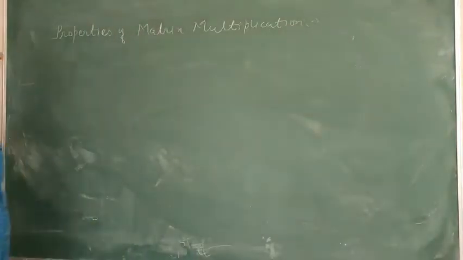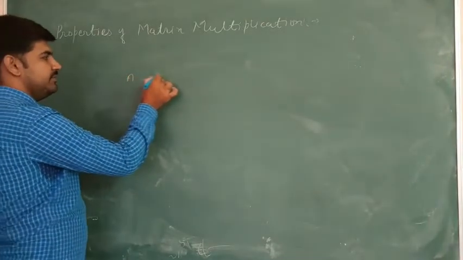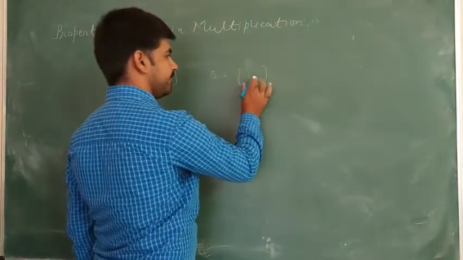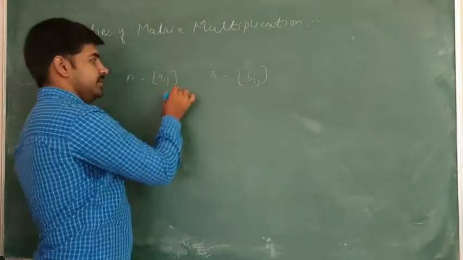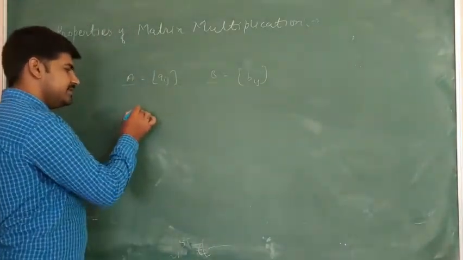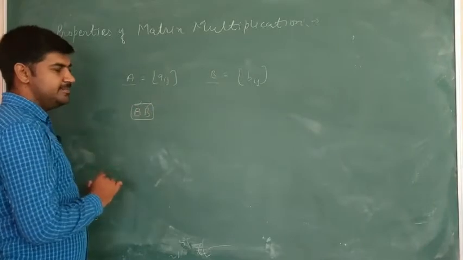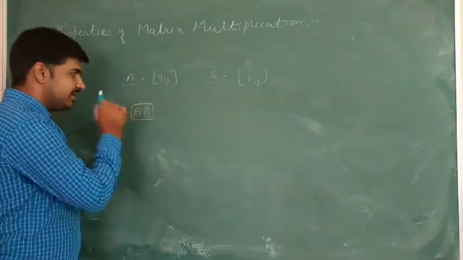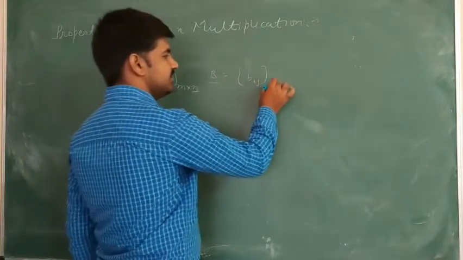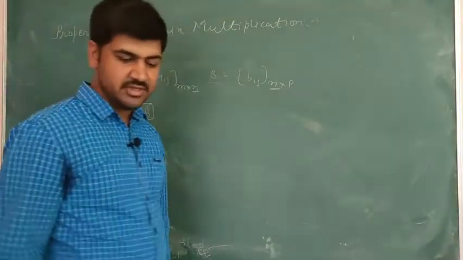Dear students, when I talk about matrix multiplication, that is, if there are two matrices A and B, then the multiplication of A and B, I can say AB is the multiplication of matrices A and B such that A is pre-multiplier and B is post-multiplier, and this multiplication is possible when the number of columns in the first matrix is equal to the number of rows in the second matrix. So this is the basic knowledge that we have studied in the previous lectures.